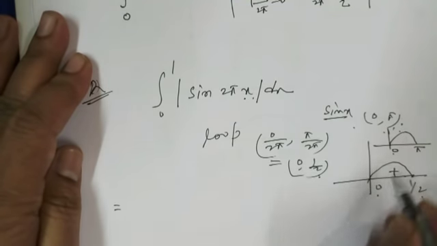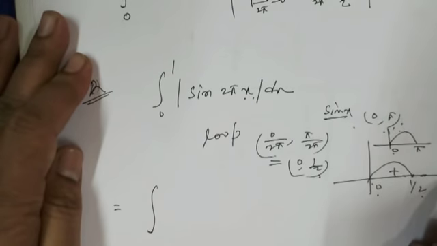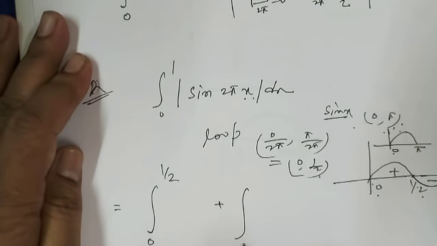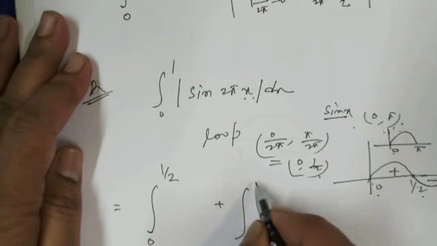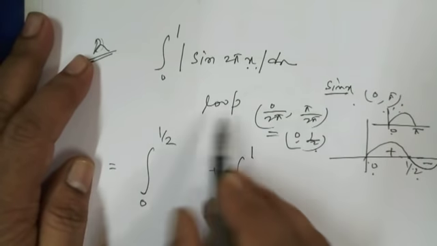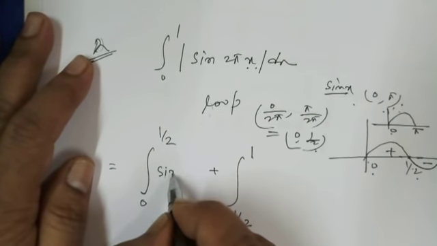Sin 2 pi x is positive, so here 0 to 1, so 0 to half is one loop. Another loop is going in the below portion, below the x-axis. This is plus, this is negative. So 0 to half plus half to 1. Okay, 0 to half, when sin 2 pi x is positive, so sin 2 pi x as it is,